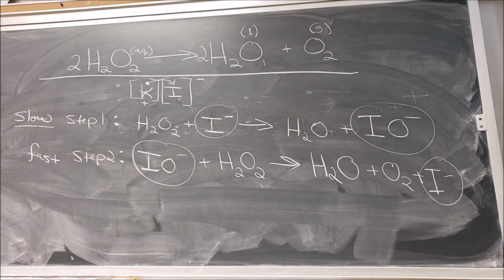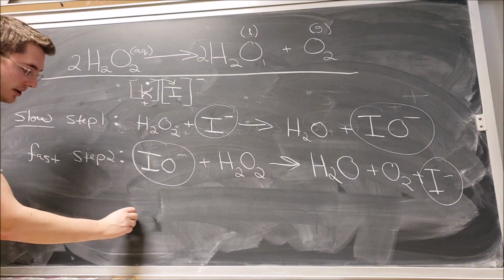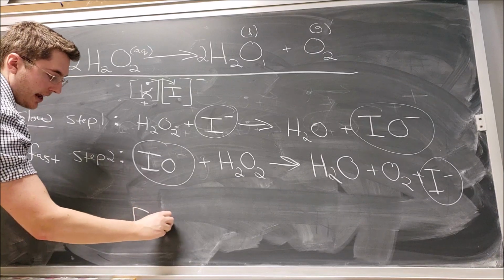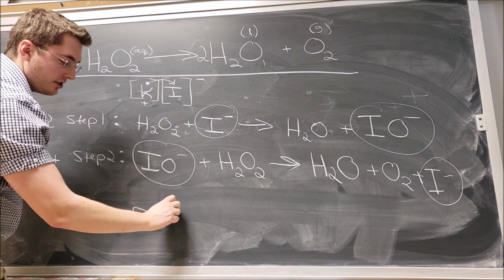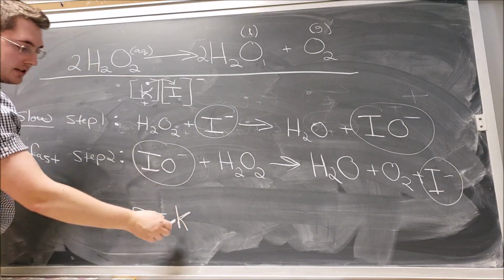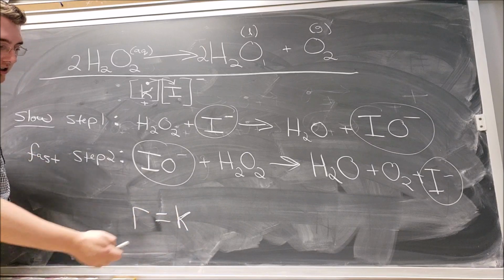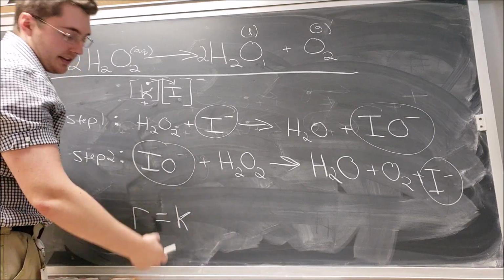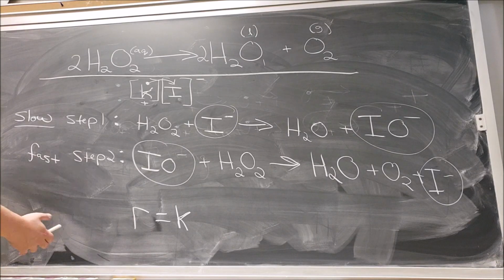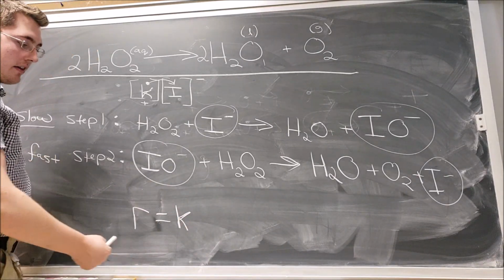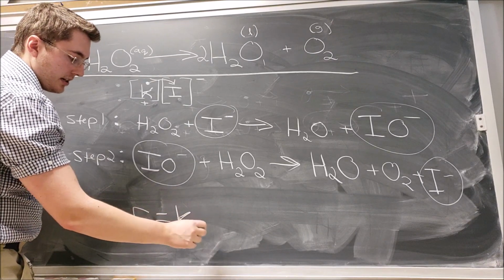But before we see it in real life, one last thing would be if you were to write a rate law for this. So the rate of this chemical reaction, R, could be written in this form. So you have some sort of a rate constant, which is pretty much defined based on the Arrhenius equation. It's just a constant based on the activation energy, based on the temperature of this reaction, based on the frequency of the collisions and all that stuff. This is just a constant for that reaction,